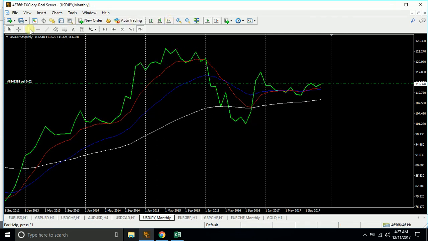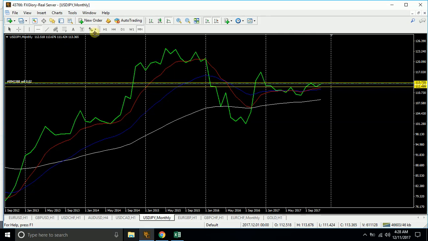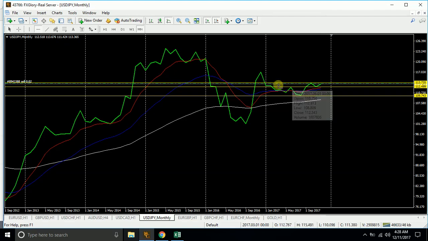Alright, so now we got our moving averages on our chart. We'll go to the line chart. Alright, we got most recent resistance, most recent support, second most recent support, resistance, resistance,